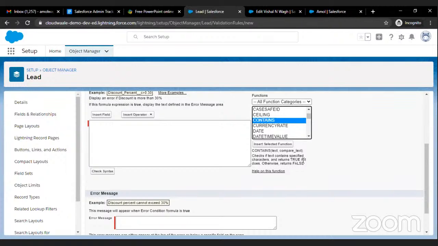Check email ID, secondary email ID. So let's use the secondary email ID here, right? Again, then compare text. What do we have to compare? We have to compare the @ sign, right? If it is yes, okay, what does this contains return? Here you can see it will return true if this character is present here, or else it will return